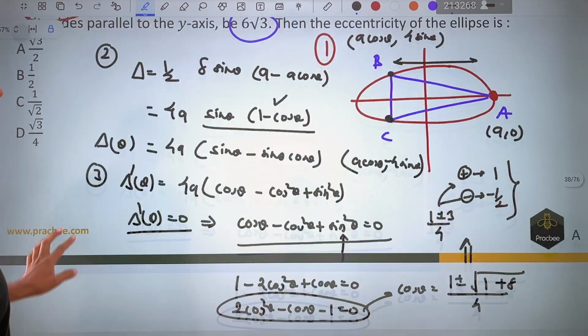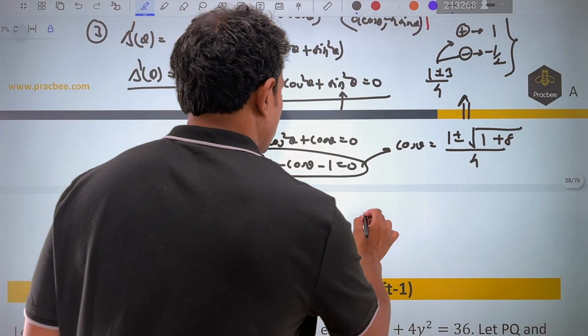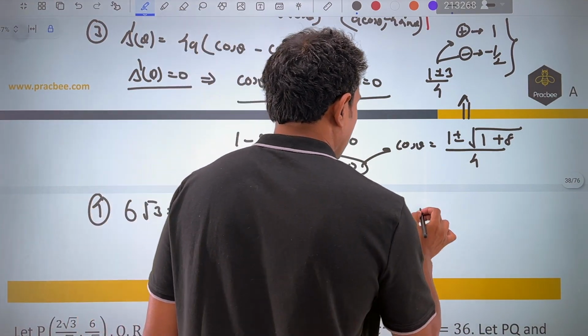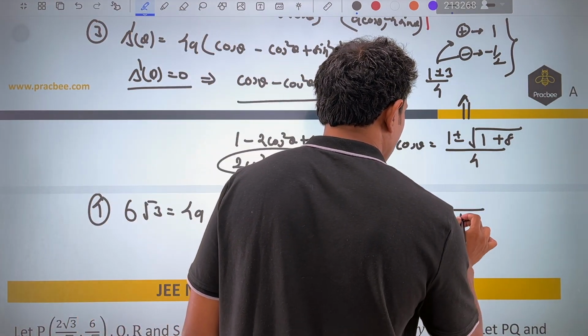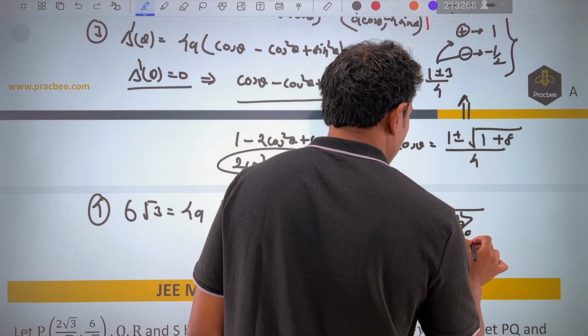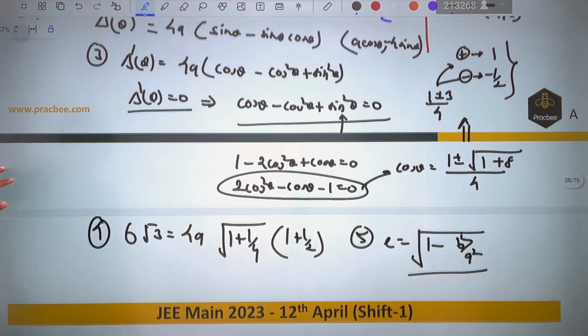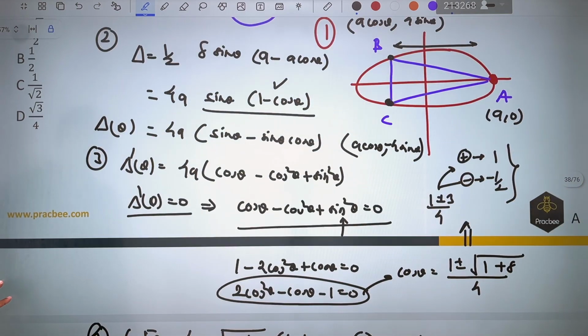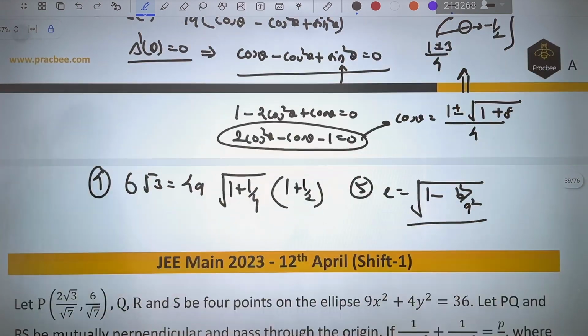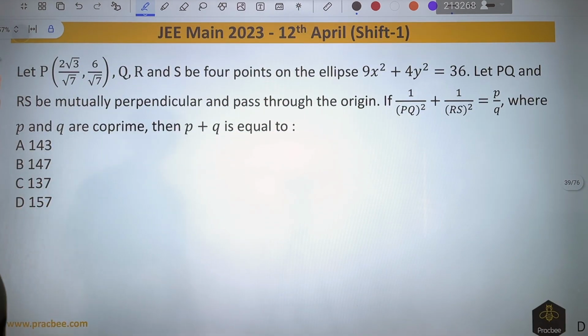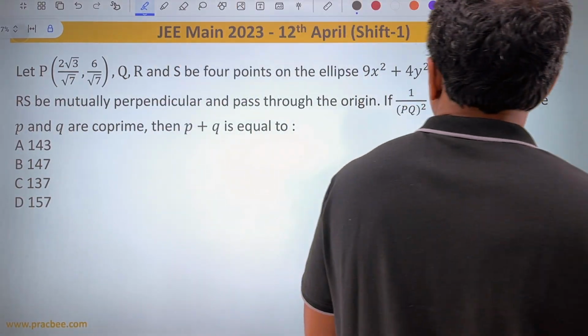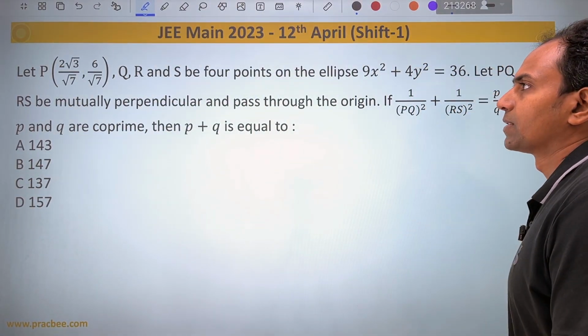Once we have got the value of a, we already know the value of b. So in the fifth step, you will apply the eccentricity formula, b square by a square. We will now know the value of b and get the answer. So you can see that this involves the concept of derivatives also in order to get the answer along with parametric coordinates. Moving on to this 2023 question, it says that you have been given an ellipse and there are 4